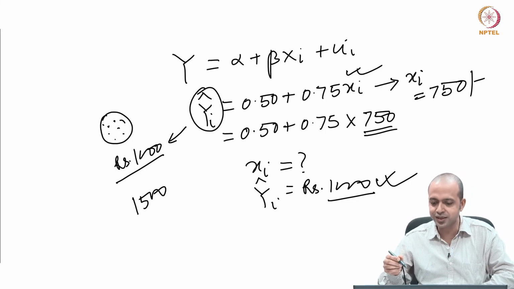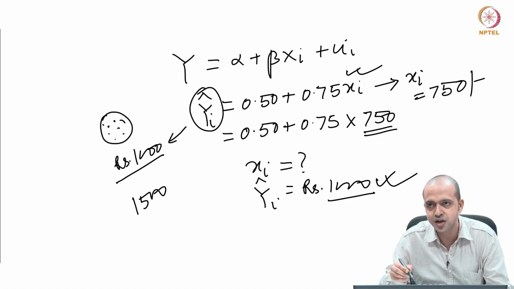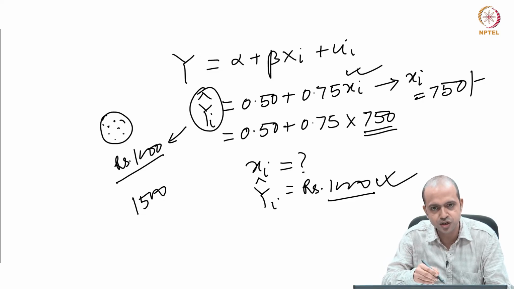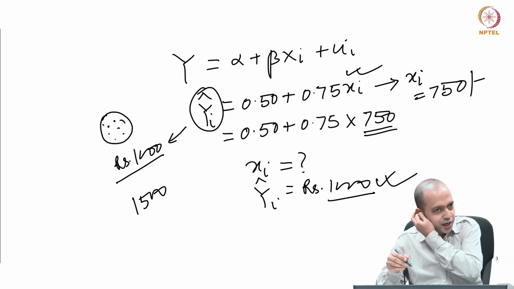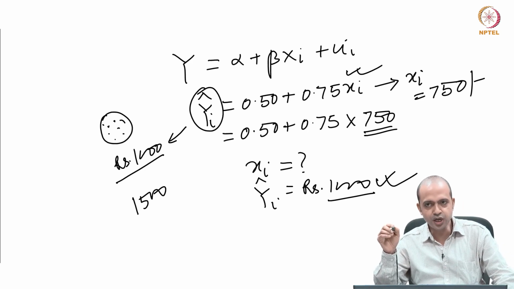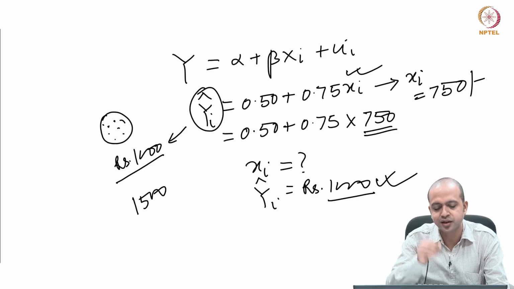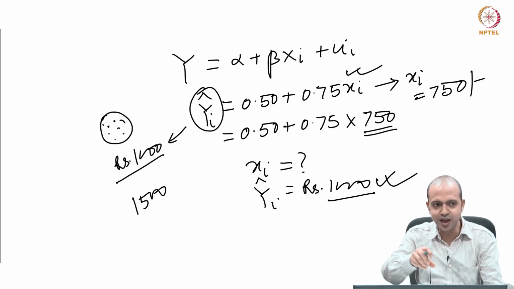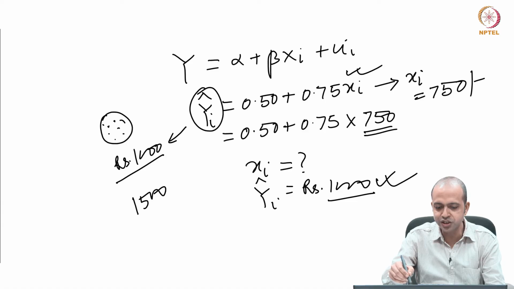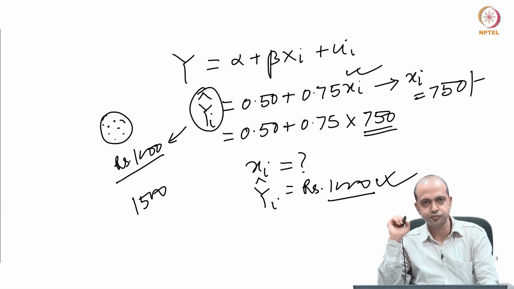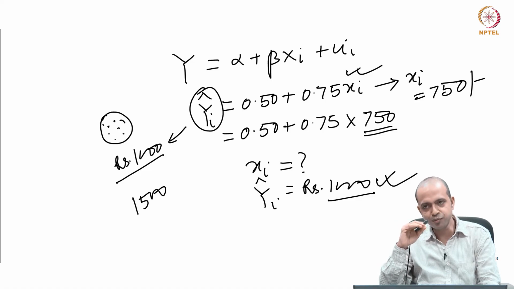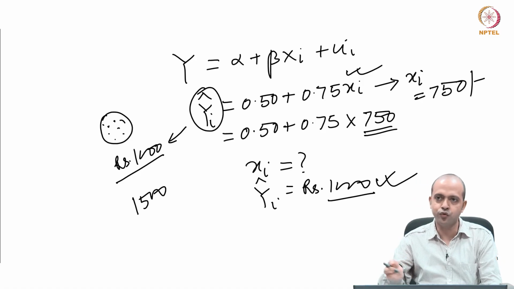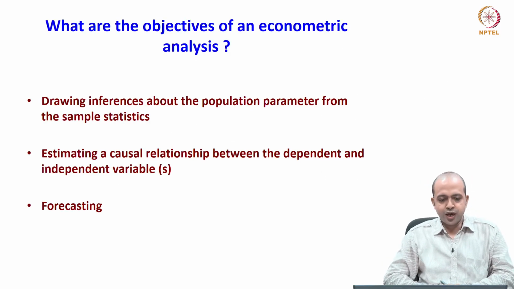Forecasting is a time series phenomenon, as I said. Let us say this is time series data collected over several years of GDP, and your consumption is a function of GDP, and you plug in any year's value on xi. Given the value of xi, you will get the total consumption expenditure of the country or state. So, if you have time series data for any particular year, you put in your xi, you will get your yi hat. That means you can also use this estimated econometric model for forecasting. So, with this we have completed